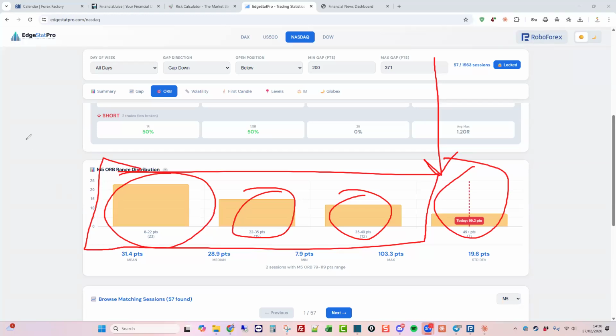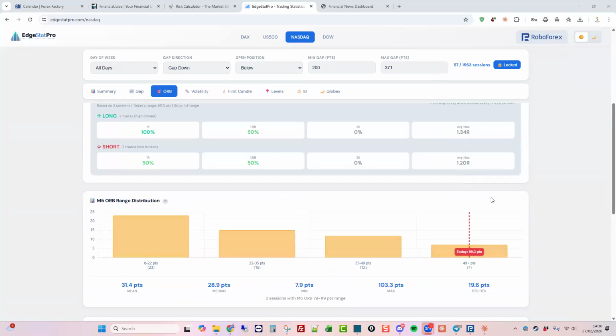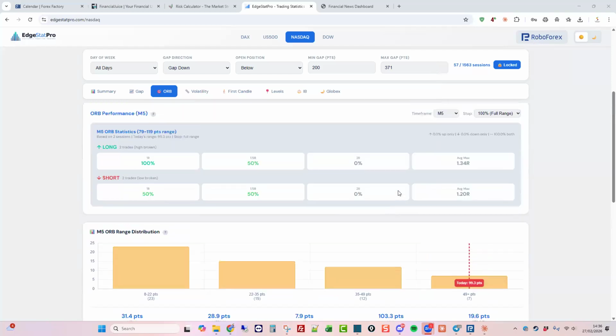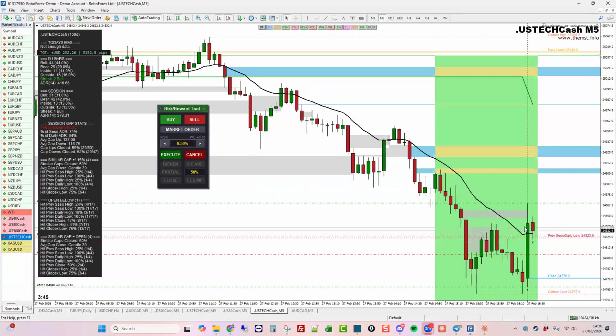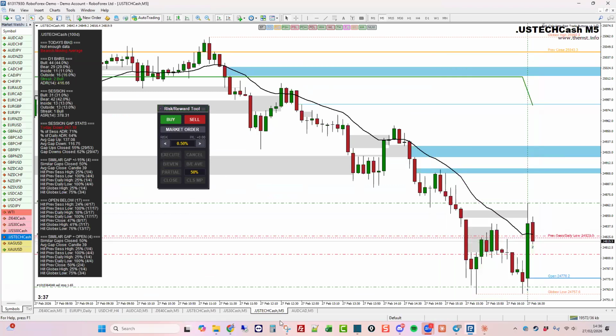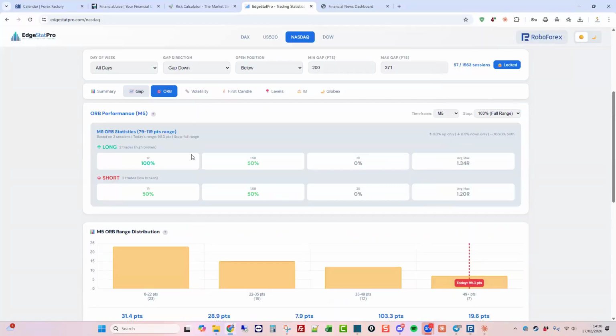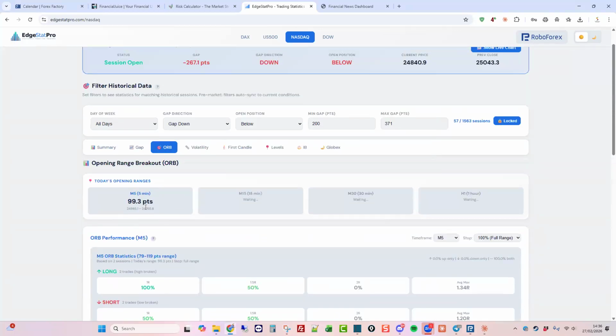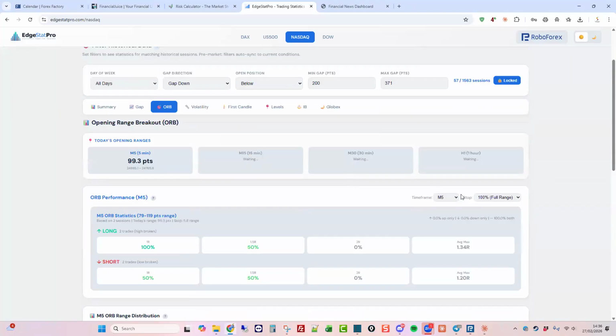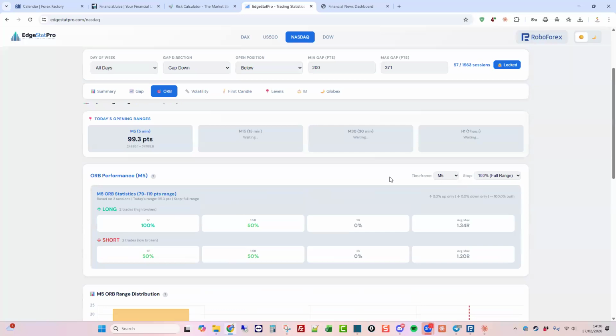So you can, again, use all this information to say, this isn't a normal day. We are gapping down way bigger than normal and the open is very explosive. We want to be a little bit cautious. So again, the long is the play today. Still. So that data has now come in so we can see what the initial range is. It just gives us that information. But if we look at that 5 minutes now,